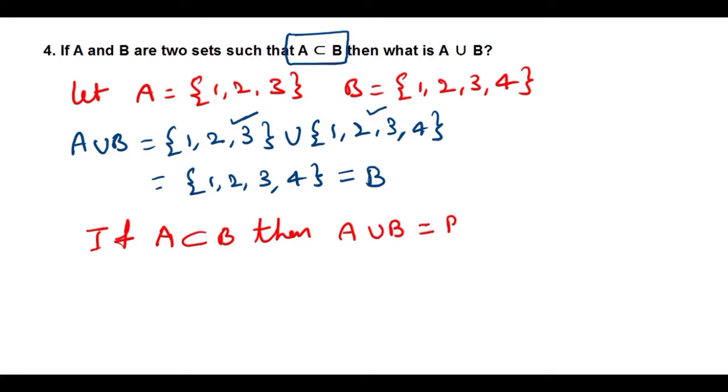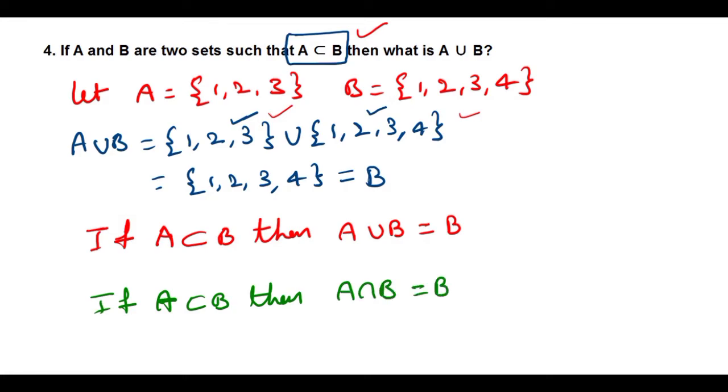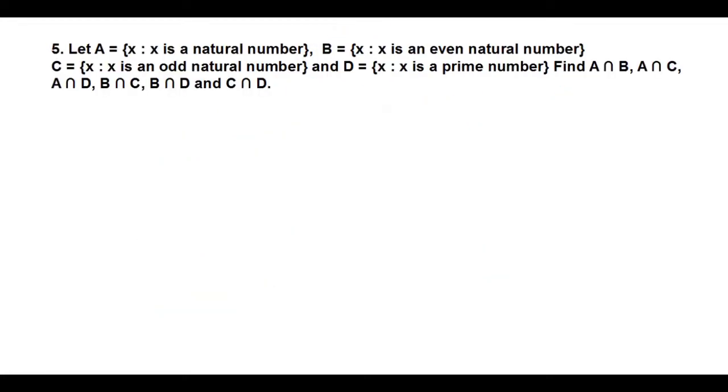Then what is A intersection B? Can you guess? If A subset B, then A intersection B: as usual we take 1, 2, 3 and 1, 2, 3, 4. In these two, the common elements are again 1, 2, 3, only 1, 2, 3. Correct? That means it is A. So we conclude one more important point. Actually that does not belong to this question, but it is a very important bit. So I am writing here: if A subset B, then A intersection B equals A. Up to here is your answer. I have just given one more important condition. If they ask in the bits, you can answer.